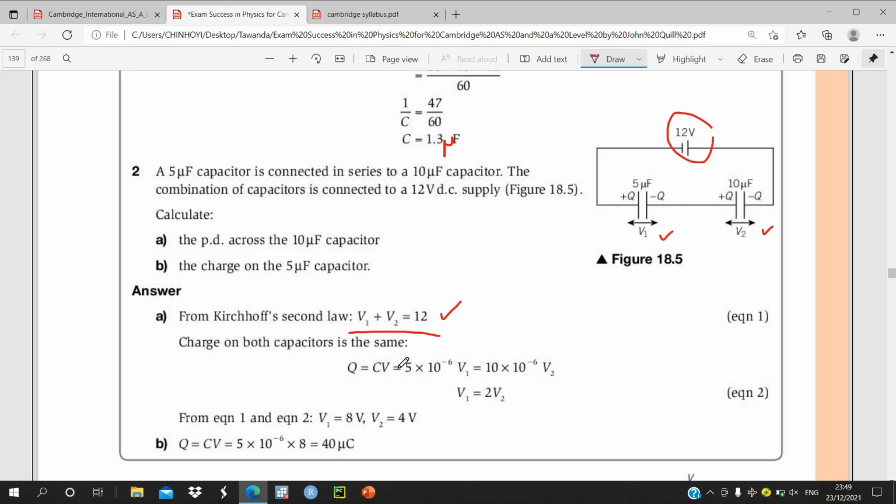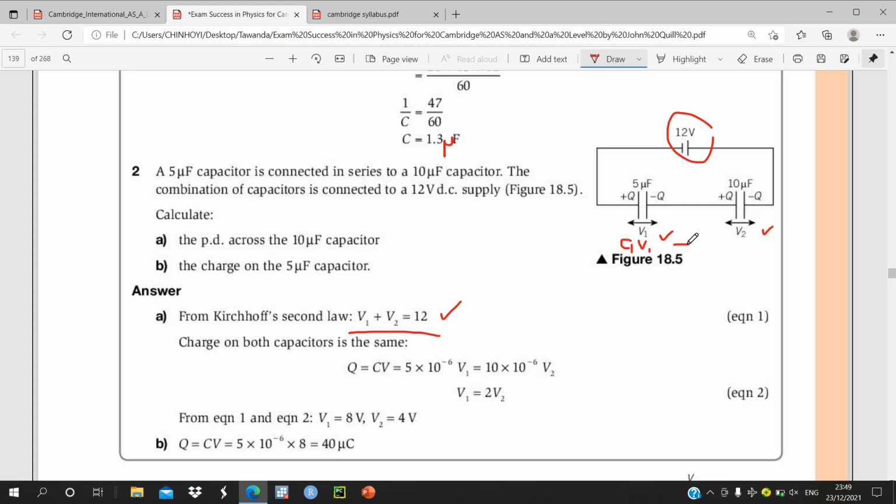We are going to say that if the charge is the same, meaning the charge on this one and the charge on this one, is capacitance 1 times V1,